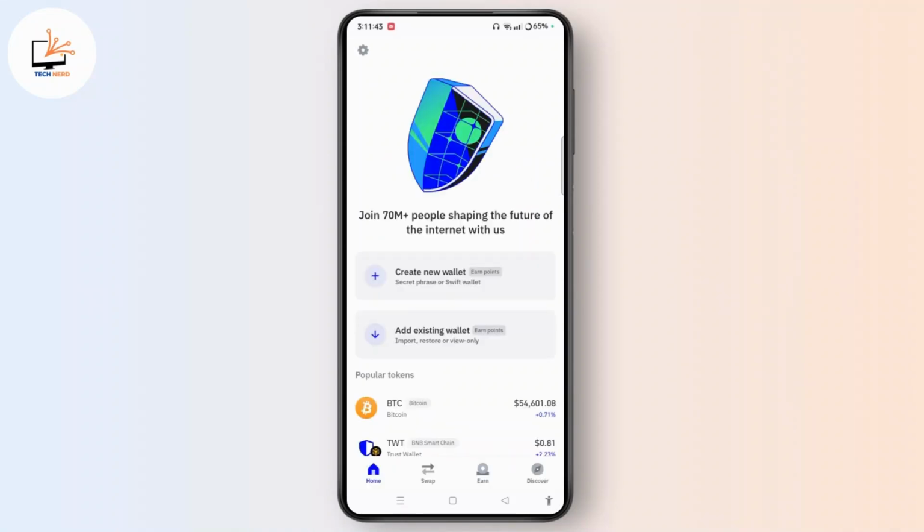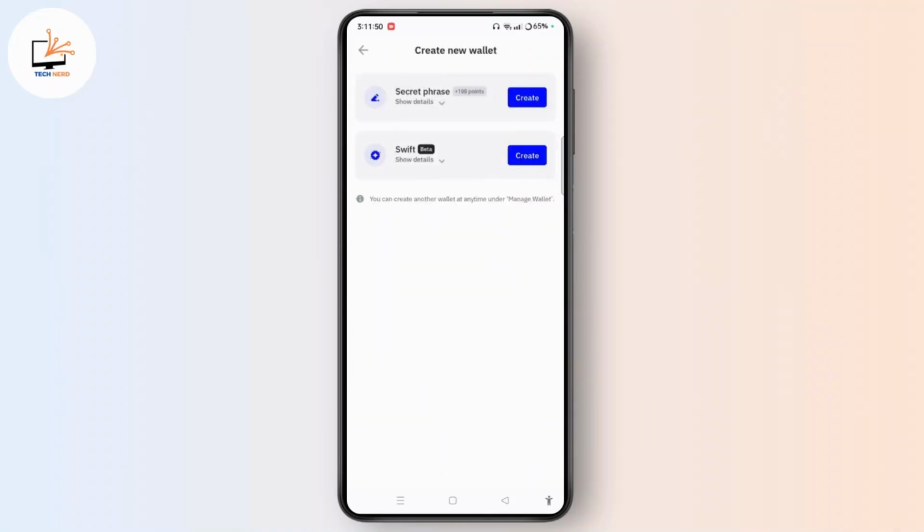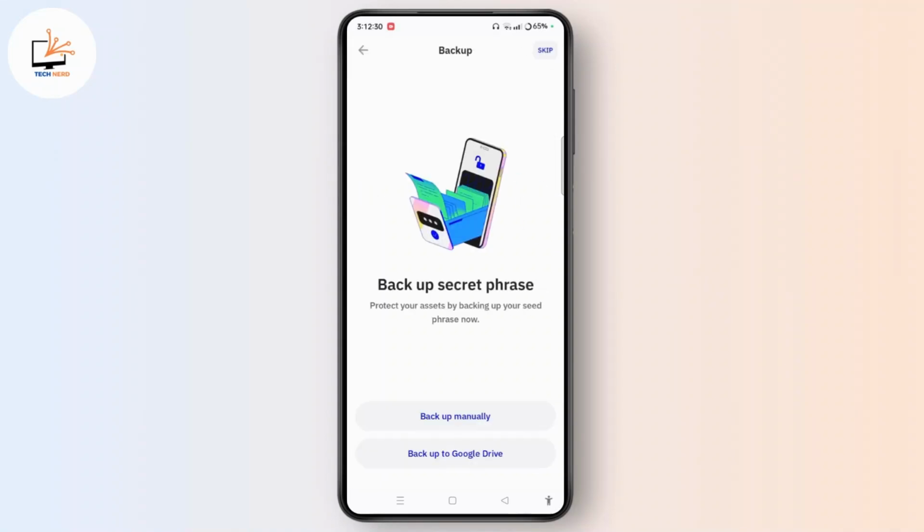You have got two options, either to create new wallet or add existing wallet. So tap on Create New Wallet option and here you can easily create new wallet. You can either choose secret phrase or Swift. So let's tap on create for the secret phrase and you can easily back up secret phrase manually or back